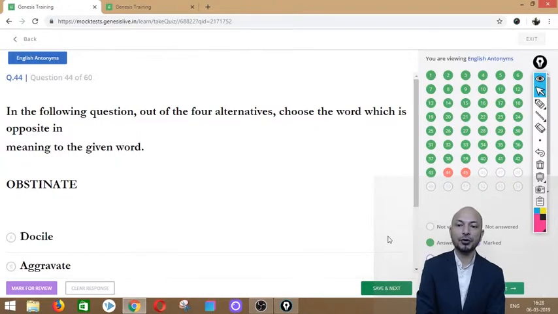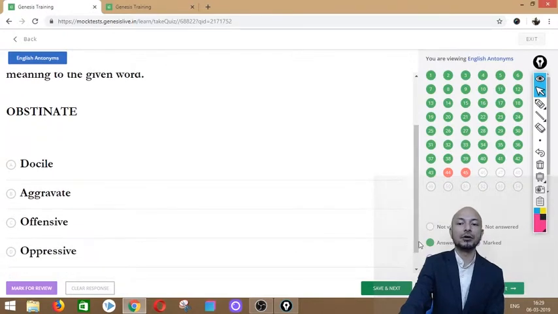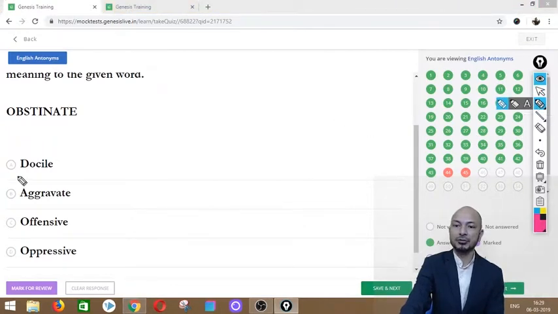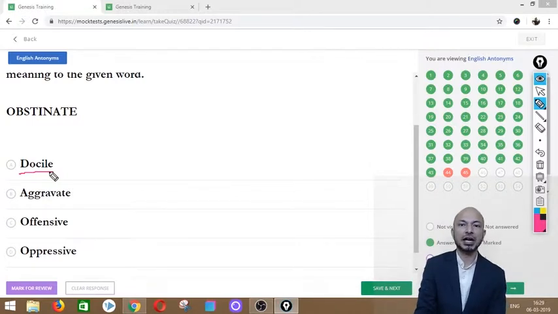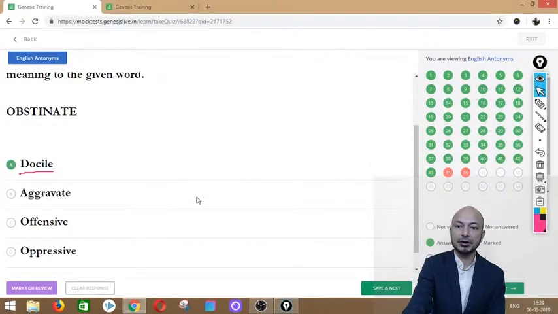So we come to question number 44. The word is obstinate, and the options given are docile, aggravate, offensive, and oppressive. And the right option is option A, which is docile. Now, obstinate is someone who is very stubborn, who is unwilling to change his views, his behavior, anything. And docile is someone who listens, and you don't have to be very hard on him because he normally listens. So it is the closest antonym we have to obstinate. So we click option A